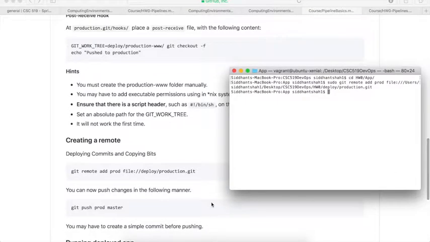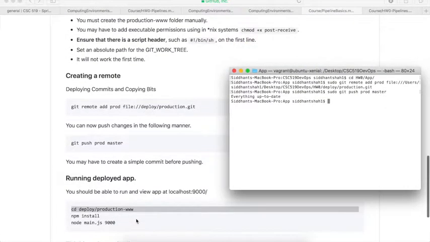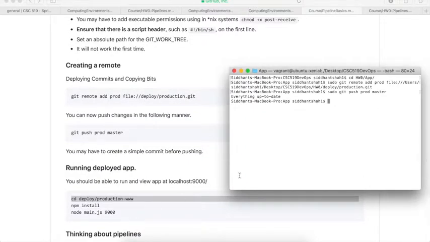Now I can push changes to this branch by sudo git push. Now both the branches are up to date, as I have not made any changes in this branch. And now I will get into production deploy,